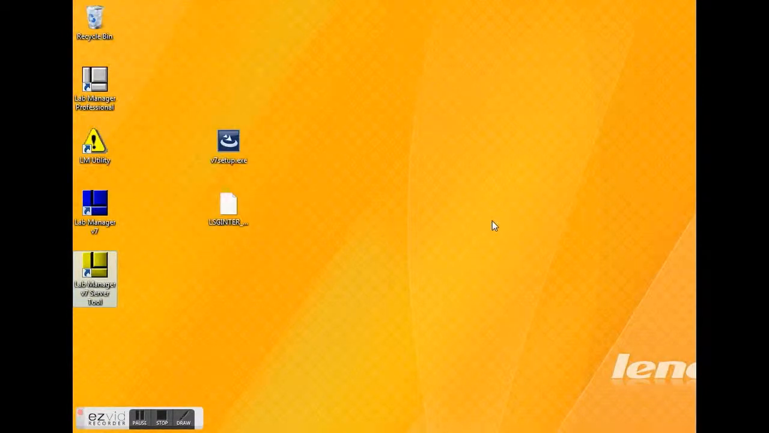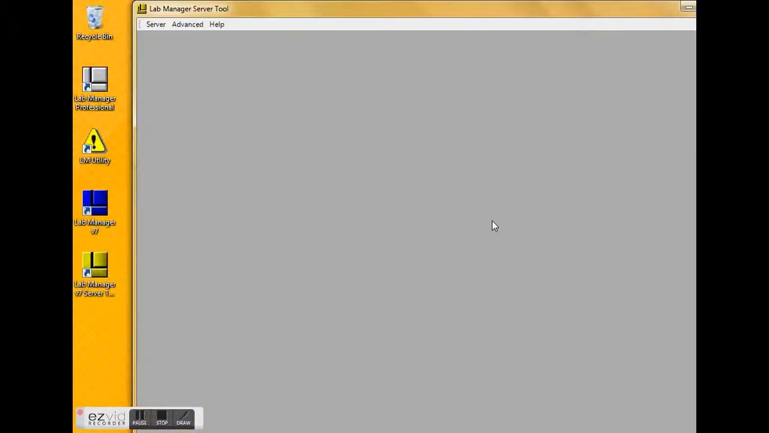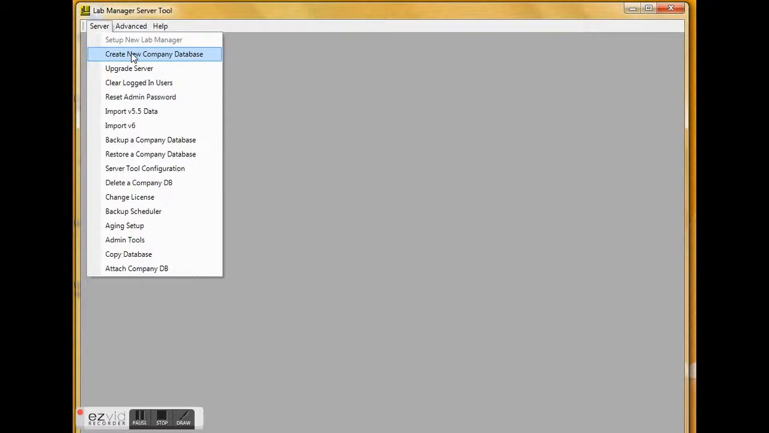If you right click on the server tools and click Run as Administrator, then you're going to have the server tools up and running. We need to do a couple of things in here. You would normally click on Set Up New Lab Manager and follow the prompts. And then after you set up Lab Manager and you have your whole list, because when you first go in here you only have the top item, but once you have your whole list, you're going to click on Create New Company Database,